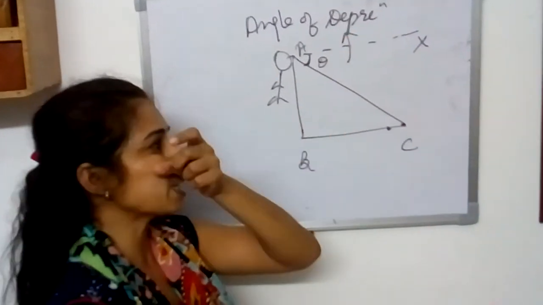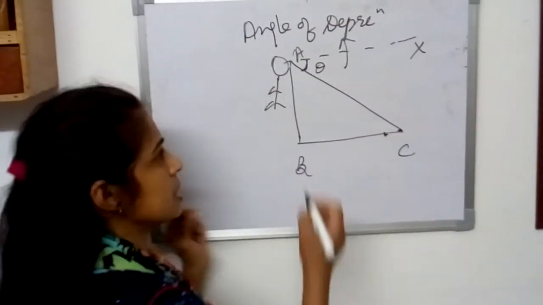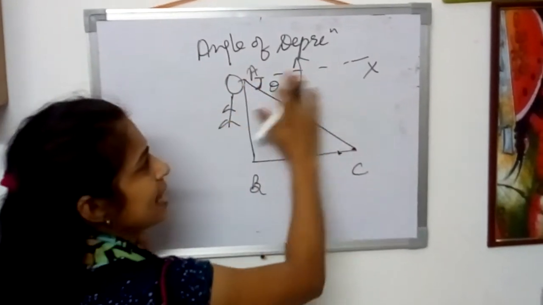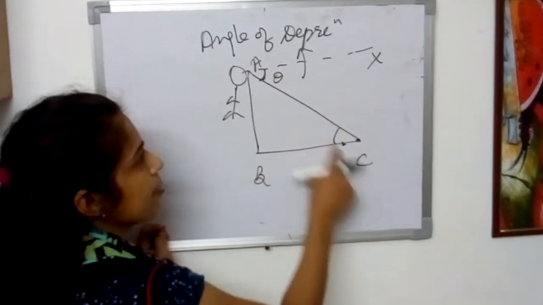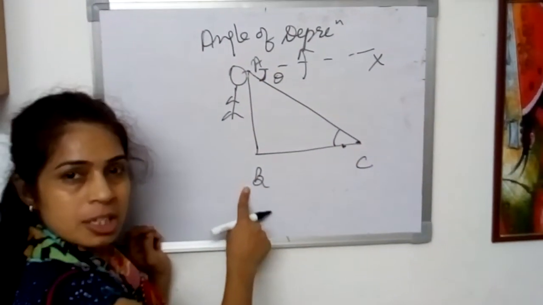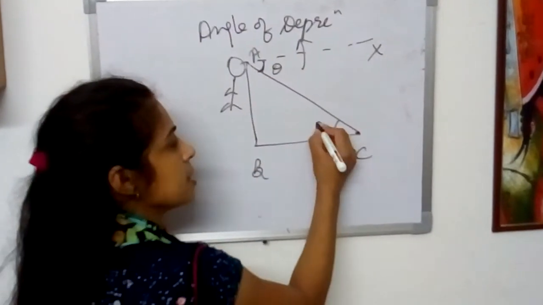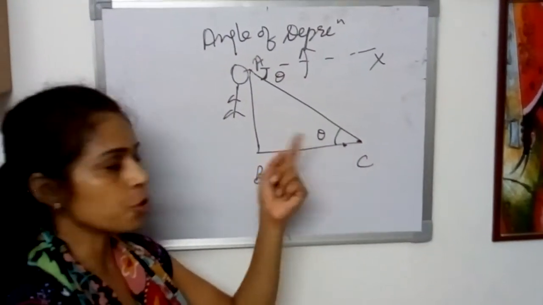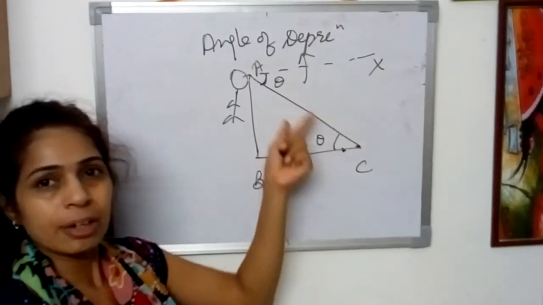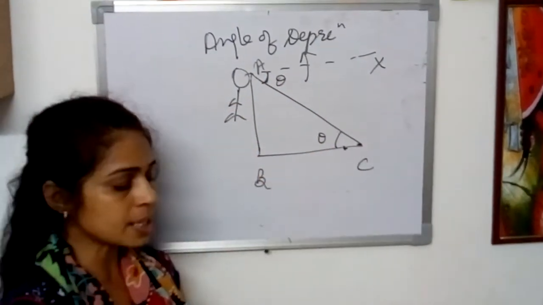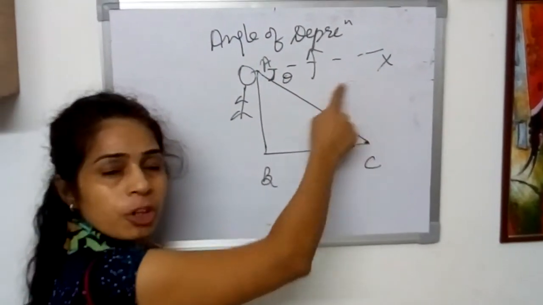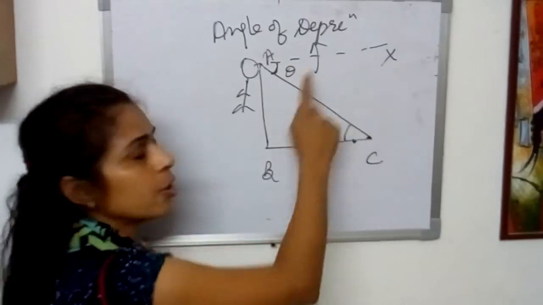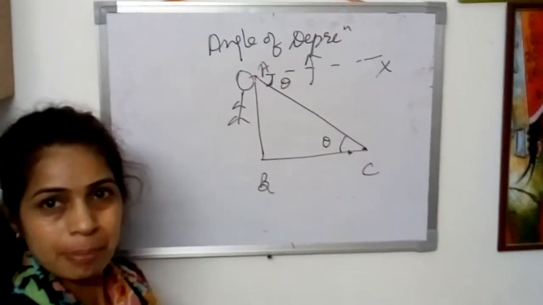Okay, but to make our calculation a bit easier, we consider this AX is parallel to BC. Therefore, angle XAC will be equal to angle ACB by the concept of alternate interior angles. Hence, this also will be theta. Okay, so you should very, very carefully remember that while plotting the figures for such questions, angle of depression is shown by a broken line. If you are not drawing this broken line, it will never be clear whether you are talking about angle of elevation or angle of depression. Okay, so I hope these two definitions are very clear to you.